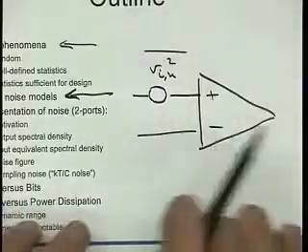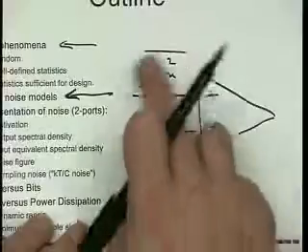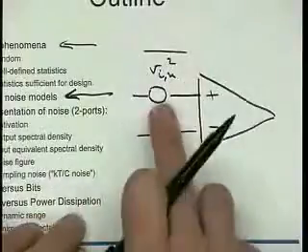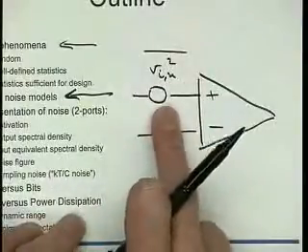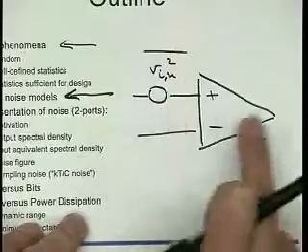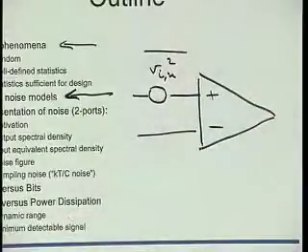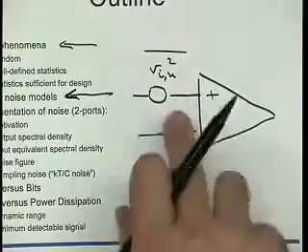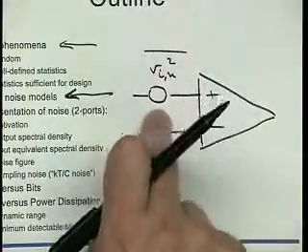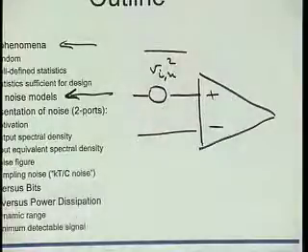So I can model my amplifier as an ideal amplifier with some noise at the input. And this noise at the input makes up for all the actual physical noise sources that are really present in that device. That's very useful when you sell an operational amplifier, because engineers then know how to take this fictitious noise source and calculate the overall noise performance of the circuit they are building with this